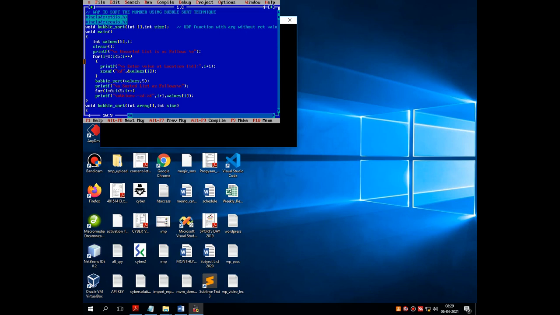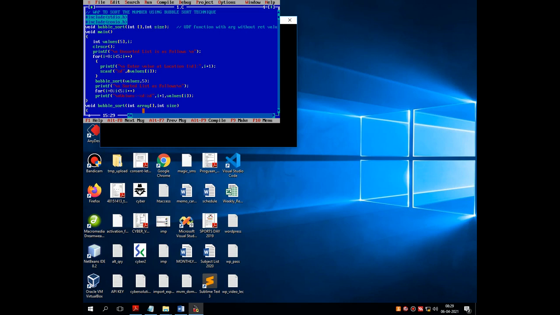Printf enter value at location %d comma I plus 1. That means every time whenever the loop gets repeated, it increases the location value and stores the relevant value on a particular location using this scanf statement, that is scanf percentage d and percent values into the I.